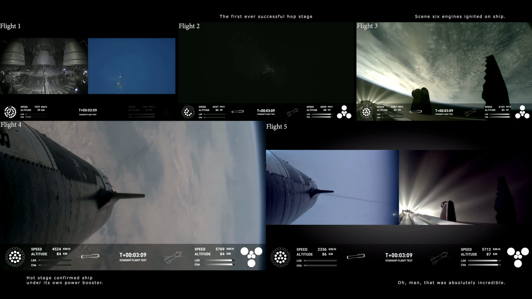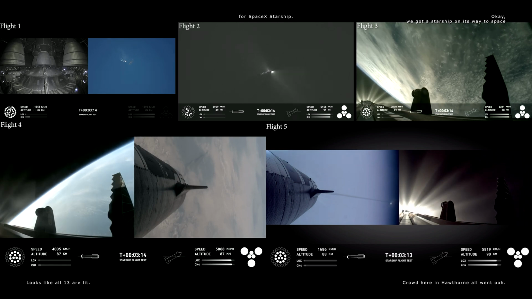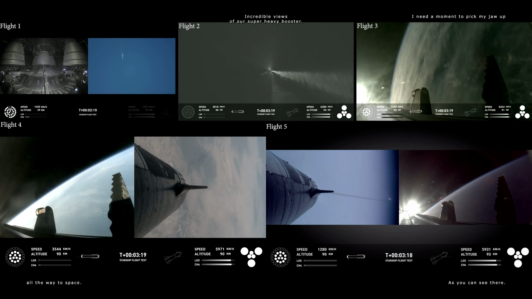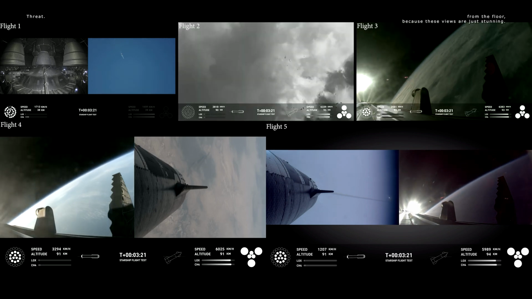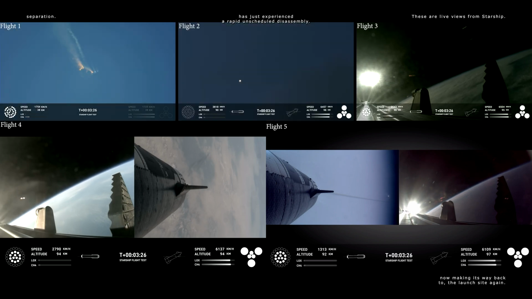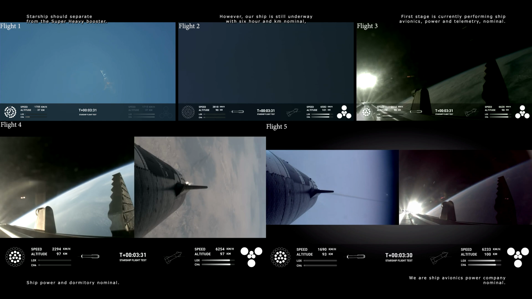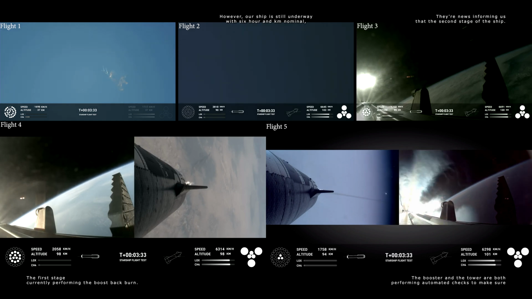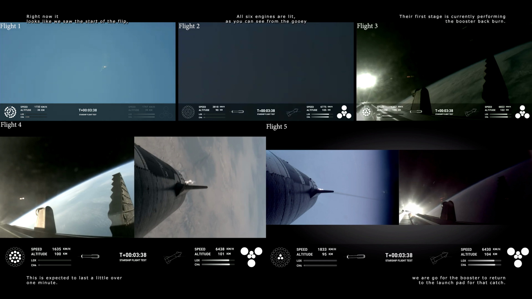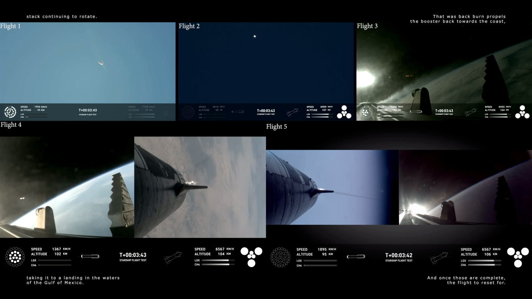That was absolutely incredible. I loved how the crowd changed at the first view of the blue flames from the booster. As you can see there, the first stage is now making its way back to the launch site. The booster and the tower are both performing automated checks to make sure we're go for the booster to return to the launch pad for that catch. And once those are complete, the flight director